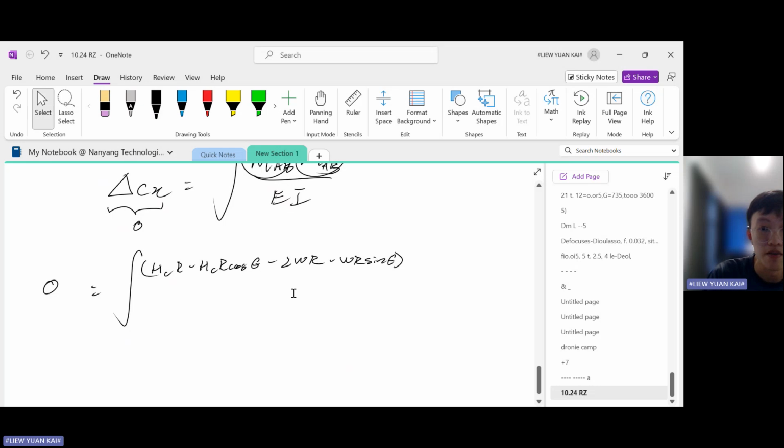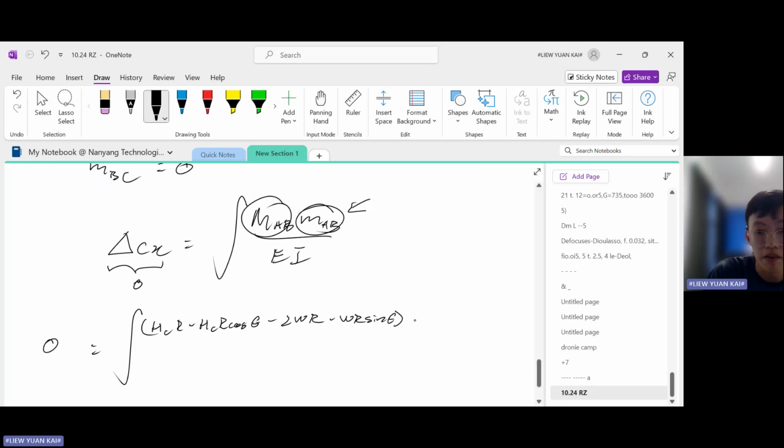Then we're gonna substitute MAB. MAB is given by R(1 minus cosine theta). Sorry, this is integrating with respect to ds, over